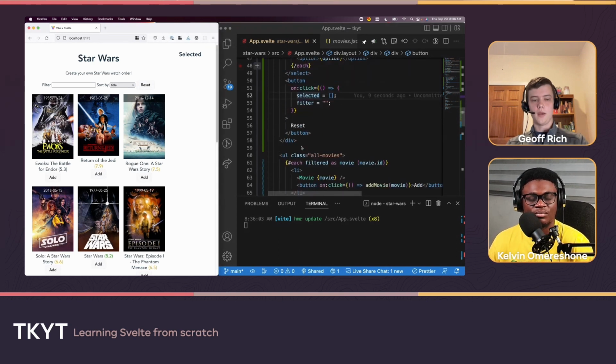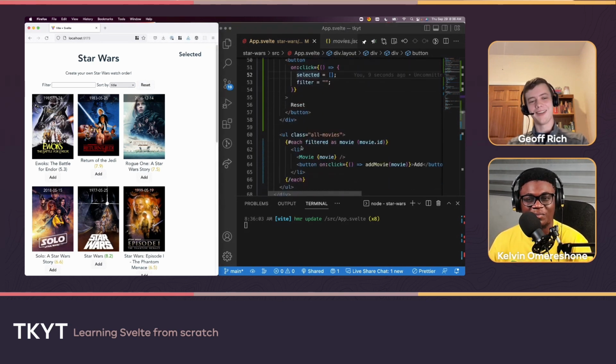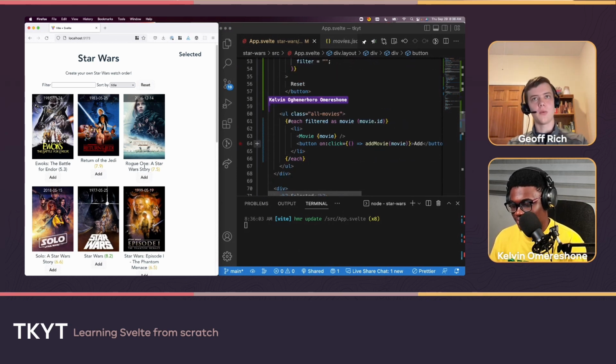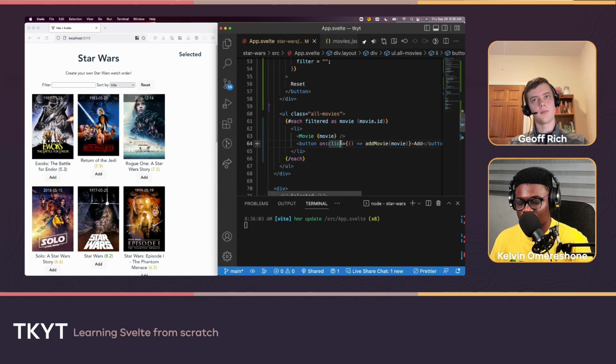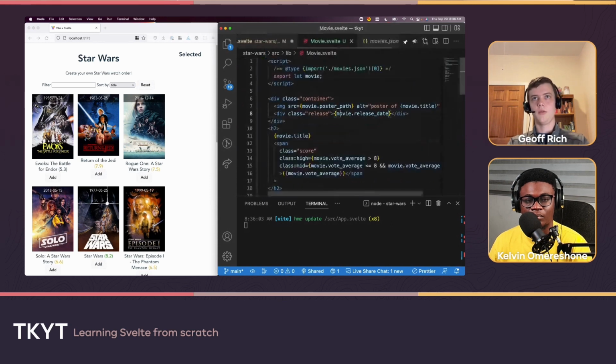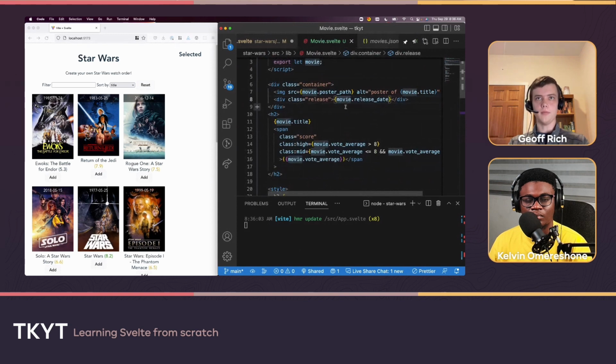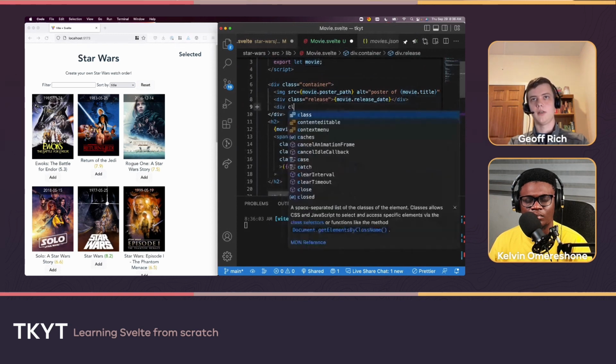So one more thing, then we can get to animations. Okay. I don't like where this button is. I kind of want it to appear over the poster. I think that would be nice. And you could probably figure out the CSS to do that in this component, but it would be a lot nicer if this was inside our movie component. So let's try to do that. Go to our movie component. If class equals buttons,